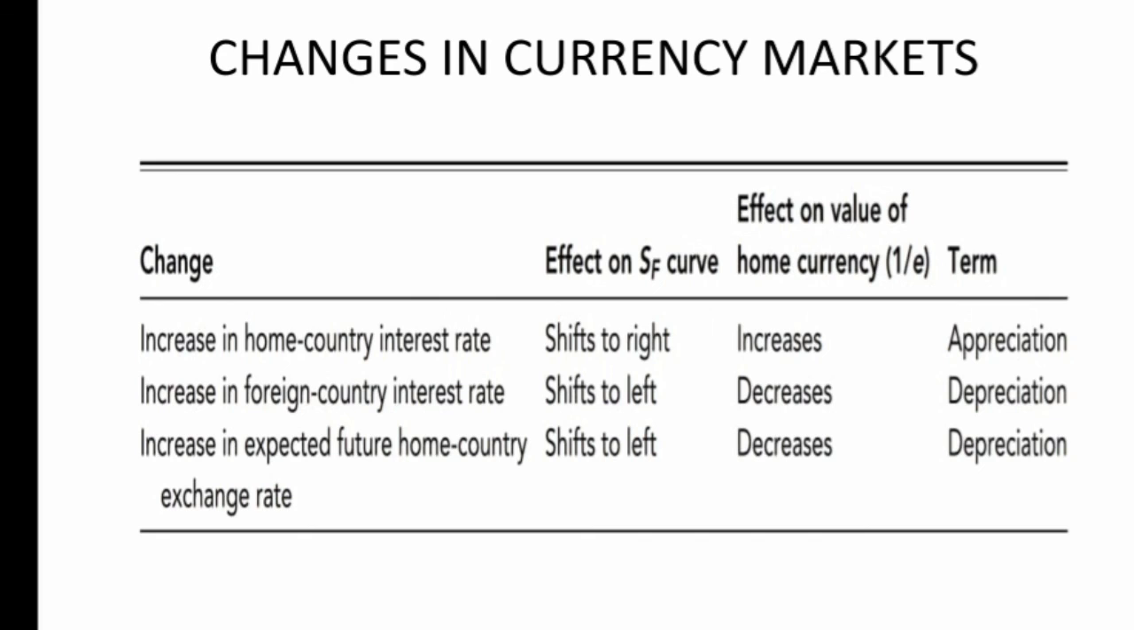Moving on to the next slide, here are the changes in currency markets. And you can see that if there is an increase in the home country interest rate, the SF curve will shift to the right and the value of the home currency will increase, which will appreciate the currency. On the other hand, if there is an increase in the foreign country interest rate, the curve will shift to the left and the value of the home currency will decrease, which causes a depreciation of the home